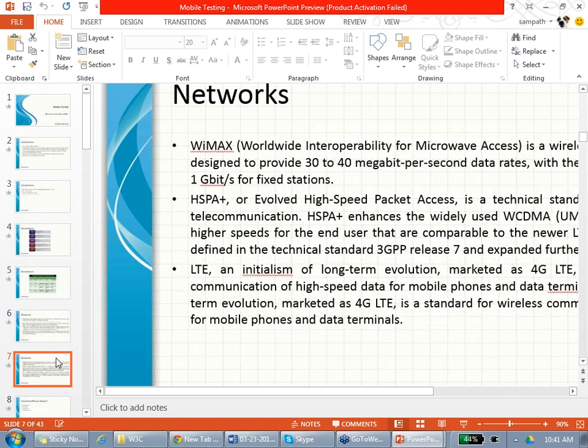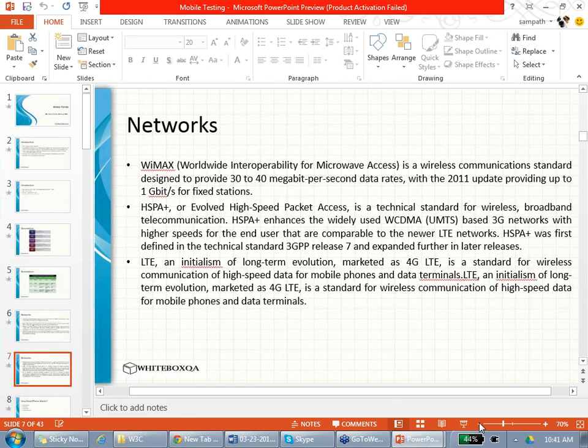There are some technologies which came in 4G. What is that? LTE. That is called long-term evolution. And there is something called WiMAX, worldwide interoperability for microwave access. And then something called HSPA. So people will use combinations of these. What are these technologies? These are the technologies which will make your frequency faster. Agree? For example, there are multiple, more divisions in the frequency, more data, more speed. Am I clear?